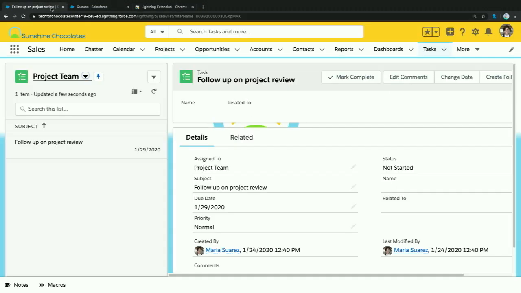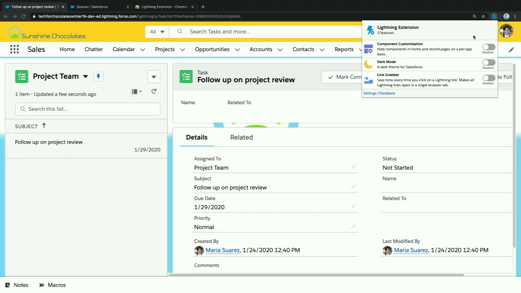So once I have it added to Chrome, we have our new little Lightning Extension button up here. And what we're doing with Lightning Extension, I know I talked a lot about dark mode, but it's not just about dark mode. Dark mode is one of the features that's currently included, but Lightning Extension is a way for you as admins and as users to get hands-on with new Lightning features fast. You can toggle them on and off. It's on a per user basis because it's on your local browser environment. So if you're someone who's an early adopter, if you're someone who likes to get hands-on and play around with new features, Lightning Extension was built for you.